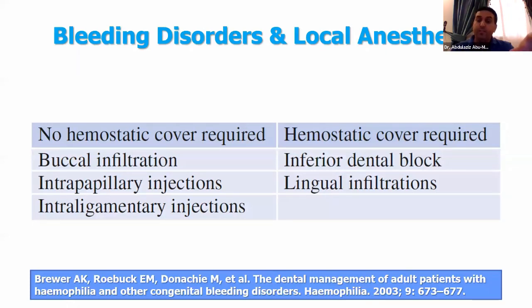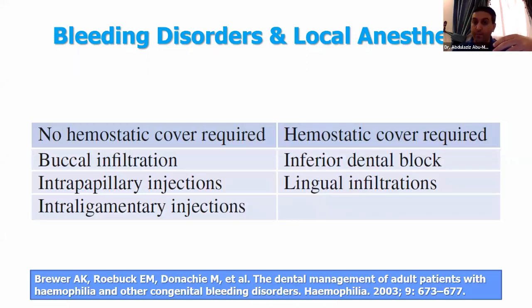So for the normal treatment for those patients, you can do it in your office with the infiltration. If you need to go with something in the mandible, you go with the intraosseous, okay? If you need to do a surgery, now that's a problem, because we need to do factor replacement. Something like hemophilia A has a problem in factor 8. Factor 8, okay, you need to do it as a hospital base. They need to inject or provide that factor so the bleeding time will be less, so you can proceed and